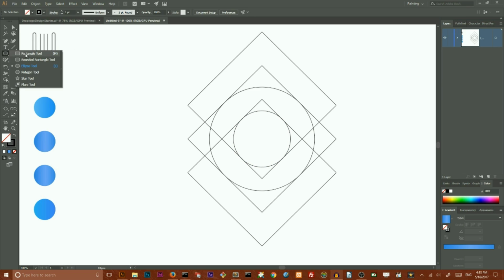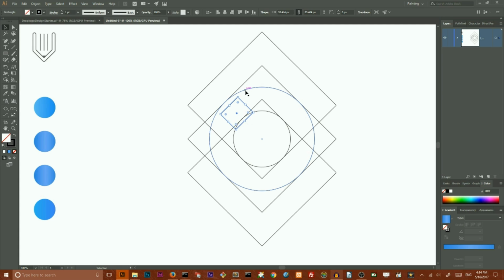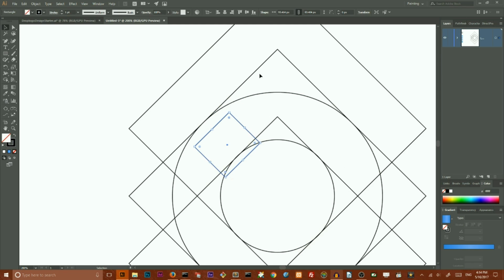Last step, we need to create a couple of rectangles, and this is where we have 2 approaches. One approach is for previous versions of Adobe Illustrator, where you can't easily adjust your corner radius, and the other is for recent versions, Adobe Illustrator CC. I'm working in Adobe Illustrator CC, and I want to create a rectangle like so. Then, holding the Shift key, I rotate it by 45 degrees, scale my artwork a little bit, and make sure that